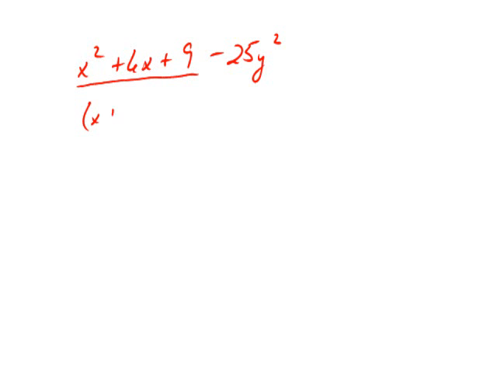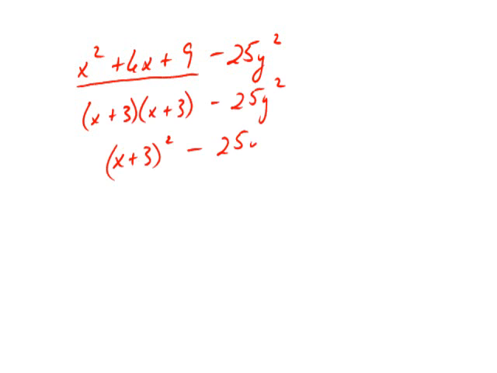In this case, again, it looks like we can factor into x plus 3, which is x plus 3 quantity squared, minus 25y squared. I have a difference of perfect squares,